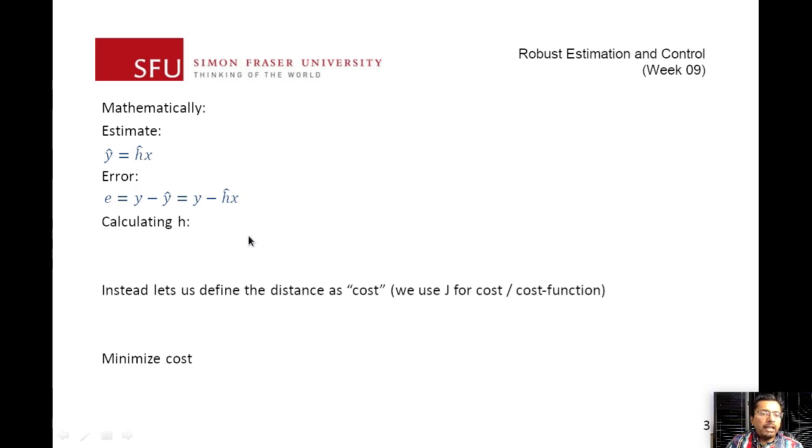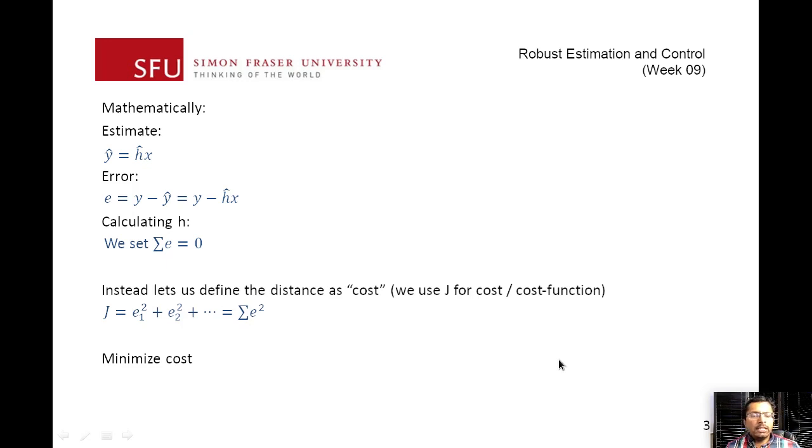So I can calculate the value of h. What we basically did was take the average, which is the same as setting the sum of all of the errors to 0. We kind of ignore the n, but essentially we said I'm going to set the average error to be 0.